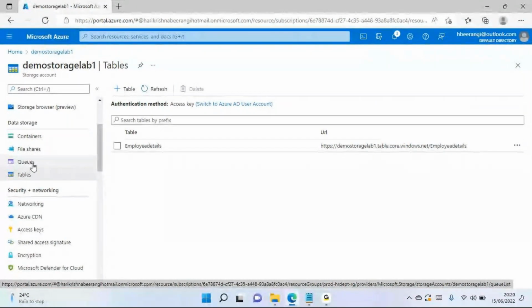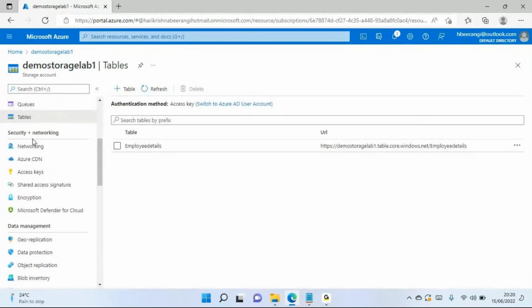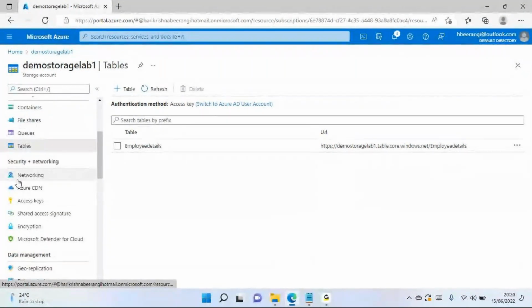Right, so yeah, we're done with this, and let's go with the remaining settings. Under security and networking, we have got 1, 2, 3, 4, 5, 6, 7 settings. So let's see. Networking,